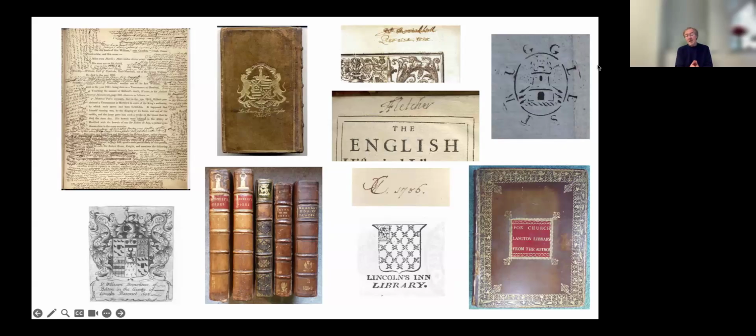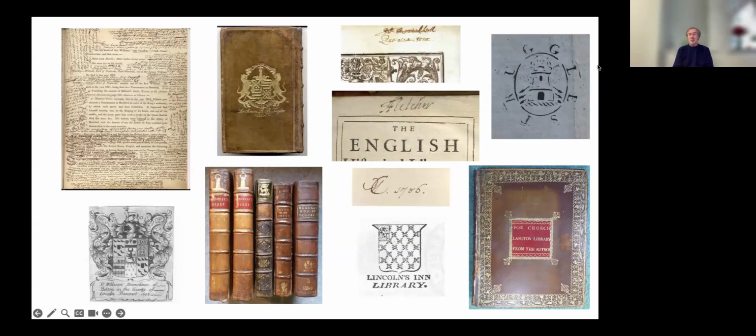And there were big short title catalogue projects, and we've got a body of knowledge now around what was published and what survives, which 100 years ago we didn't have. I mean, if 100 years ago you wanted to know how many editions of a certain work there were and where they all were, you had a big uphill job to do. And today we've got tools that we take for granted.